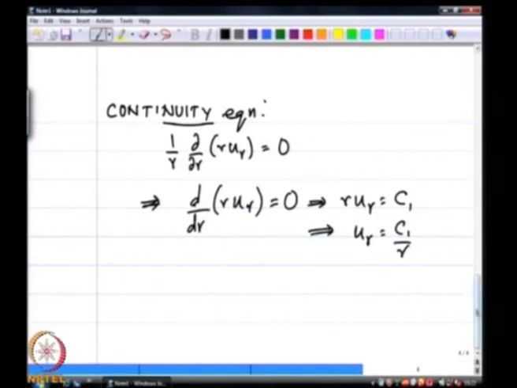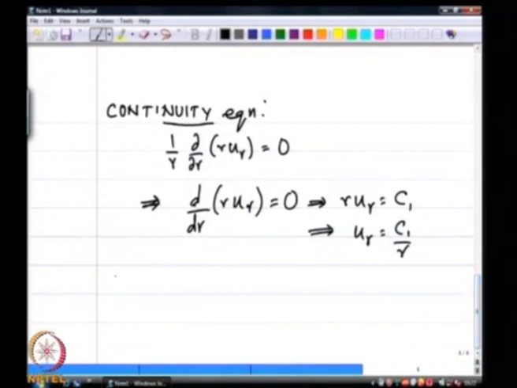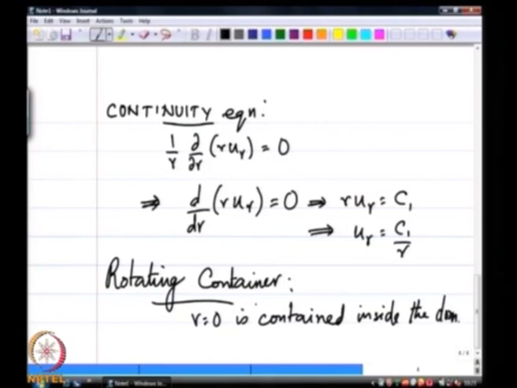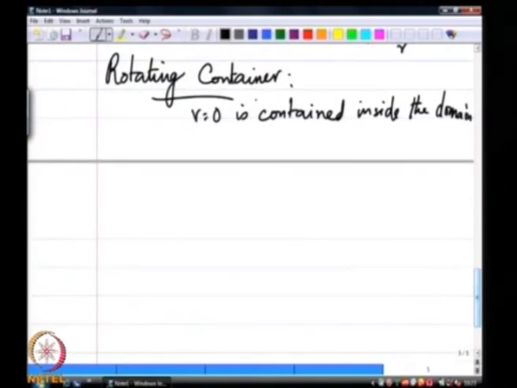If I take the solid body rotation case, or I will call it the container case, then r equal to 0 is contained inside the domain, because of which the